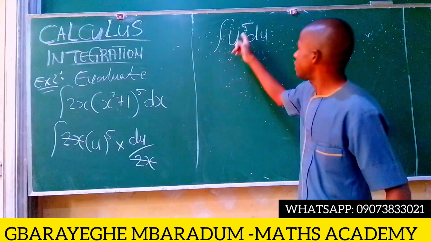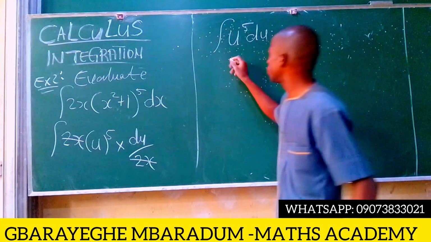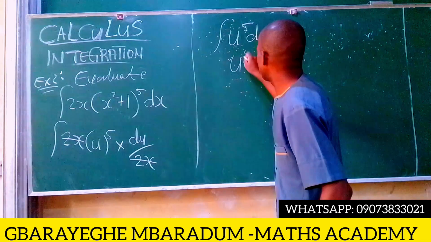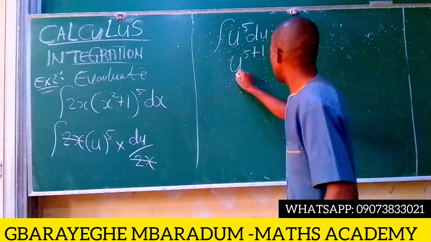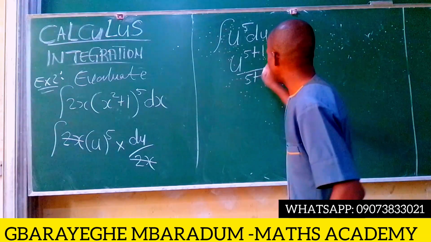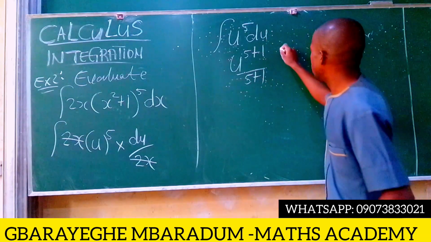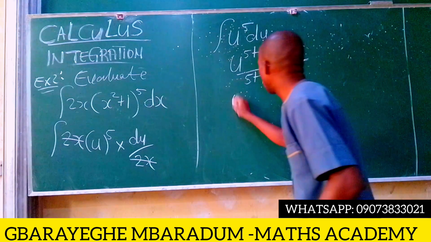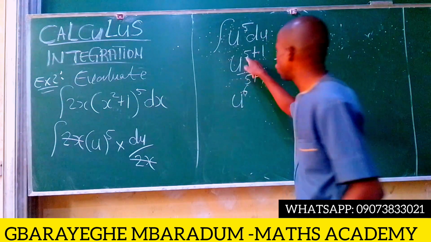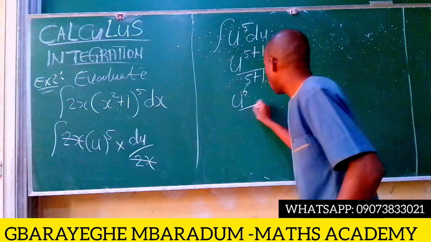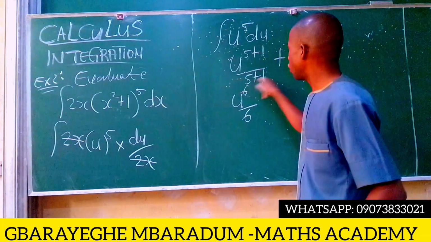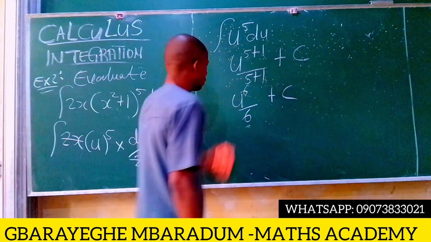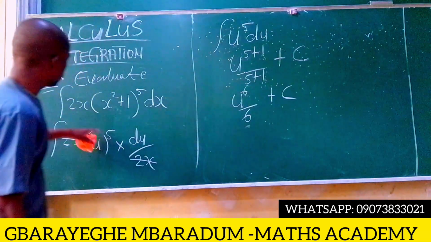Now, for us to integrate this, when we integrate this, we will have u to the power of 5 plus 1, all over 5 plus 1 by the method of integration. Then we add our constant of integration, which is plus c. Now, this becomes u to the power of 6, because 5 plus 1 is 6, all over 5 plus 1, which is also 6, plus c. But remember that our u, we said that our u is